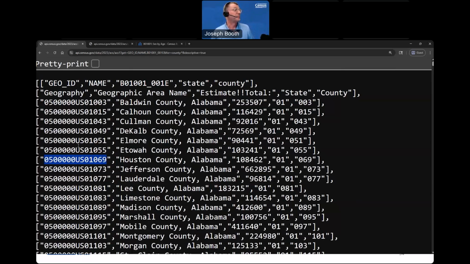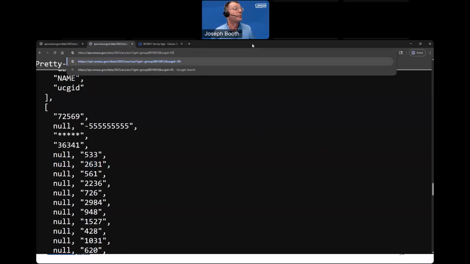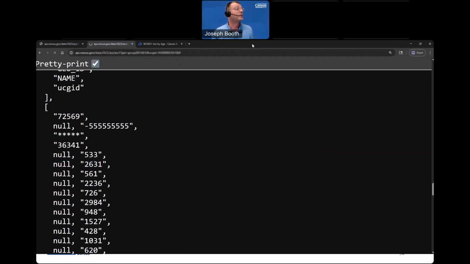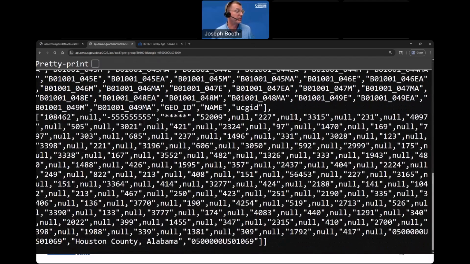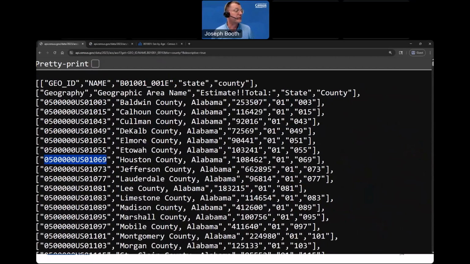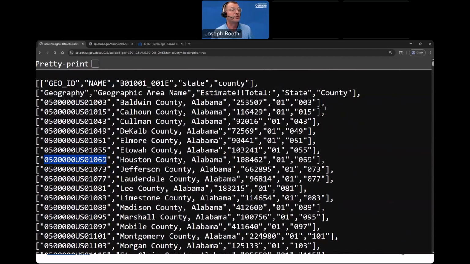So this column would be available to you in your code. You can just write code, replace the UCGID, boom, and we're in a whole new county right here. We're in Houston County, Alabama, and you could do that for every single item in this list programmatically. You could retrieve your data and use it however you might want to.